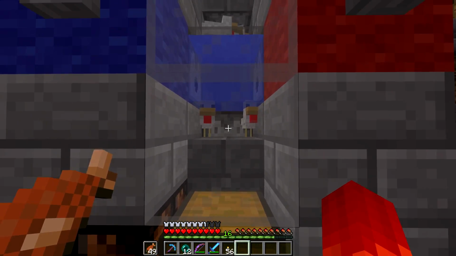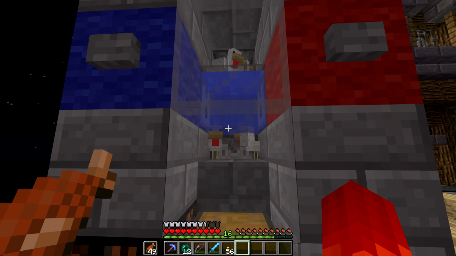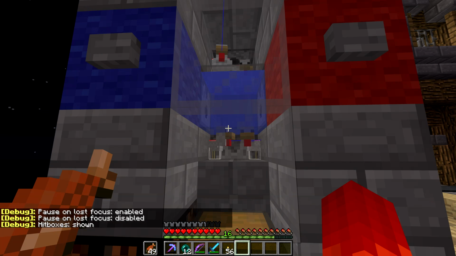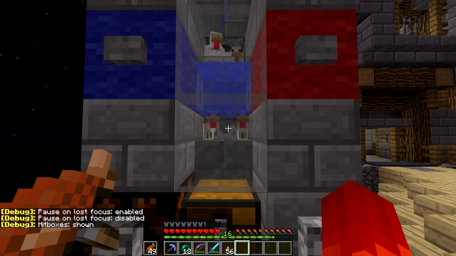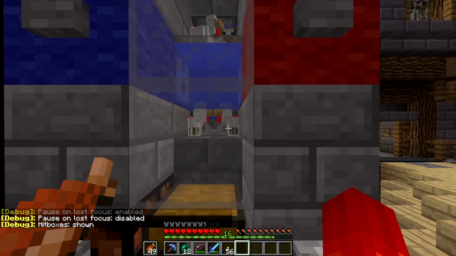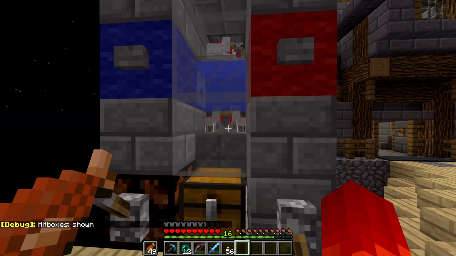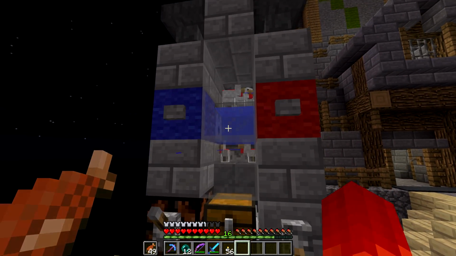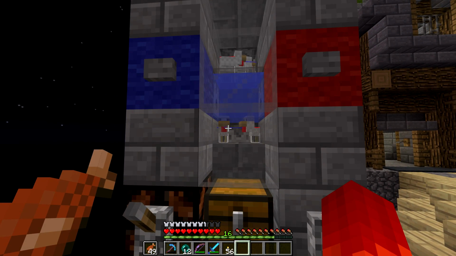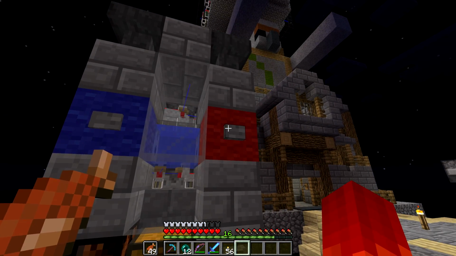And you can see we've got some baby chicks. And even though it looks like their head is inside the water, if I hit F3P, no, wait, what is it? Is it F3B? There we go. F3B. You can see that their hitbox is actually not touching the water. But the hitbox for a regular chicken is considerably larger. So whenever these baby chicks reach adulthood, they drown,